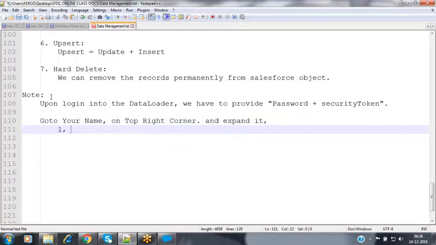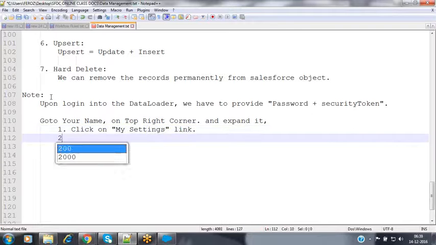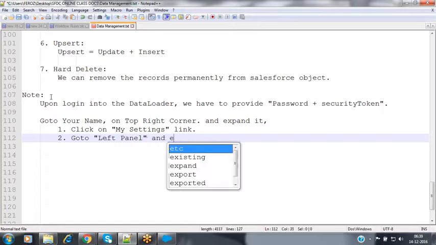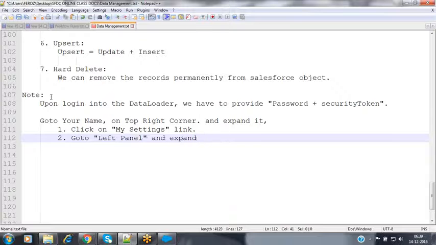Click on My Settings link. Go to the left panel and expand the Personal link.